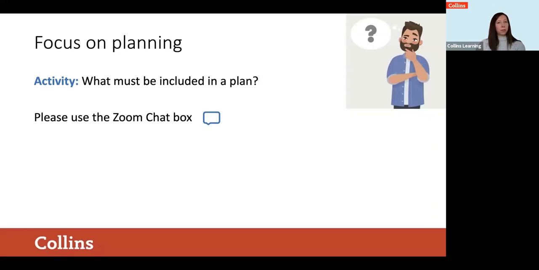Okay, so we've got a few answers from this activity. So what must be included in a plan? We've got lesson purpose. The variables, the independent variables should be distinct. Their knowledge about variables, procedures, expected results. The aim of the experiment. Someone else has put aims, outcomes, expected results, and variables. So they're all very similar, I think.